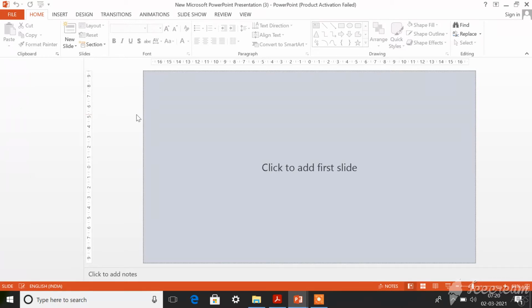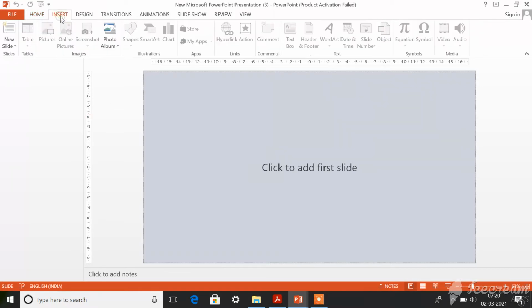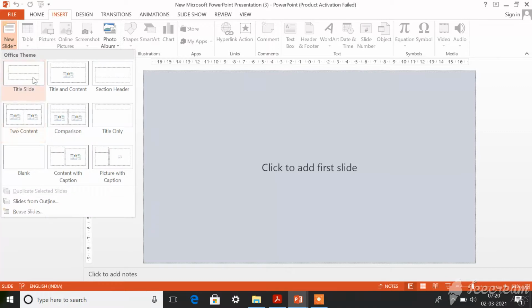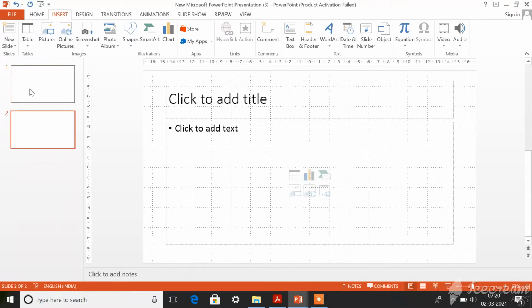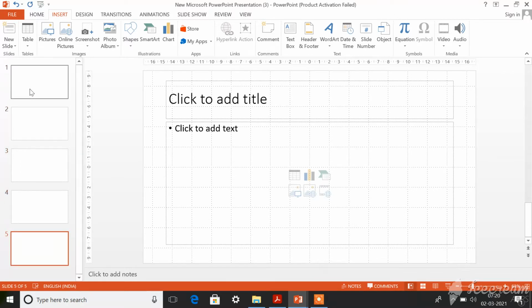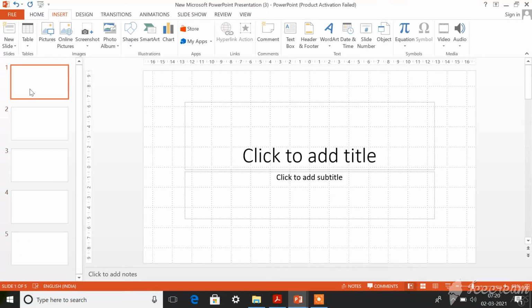If you want to insert a slide, which you have already learned in grade 5, you go to the Insert tab, click on New Slide and click on the slide that you need. When you click on the slide in the slide palette and press Enter, you can see more new slides. This you already know, am I right? You learned this in grade 5. Now let's see some of the features that you did not learn in grade 5, something that is new to you.